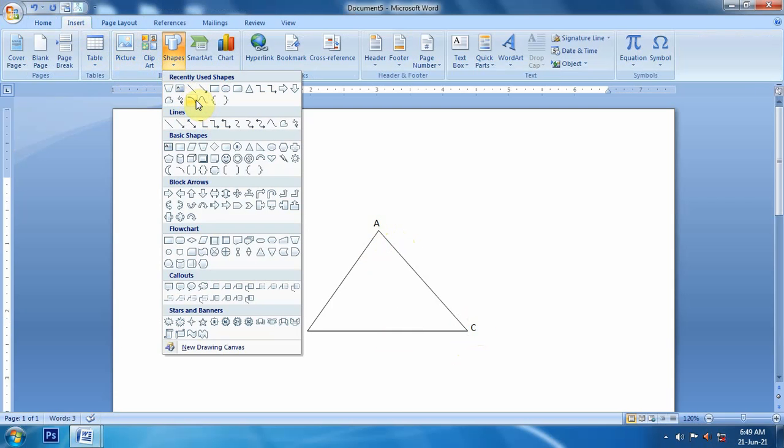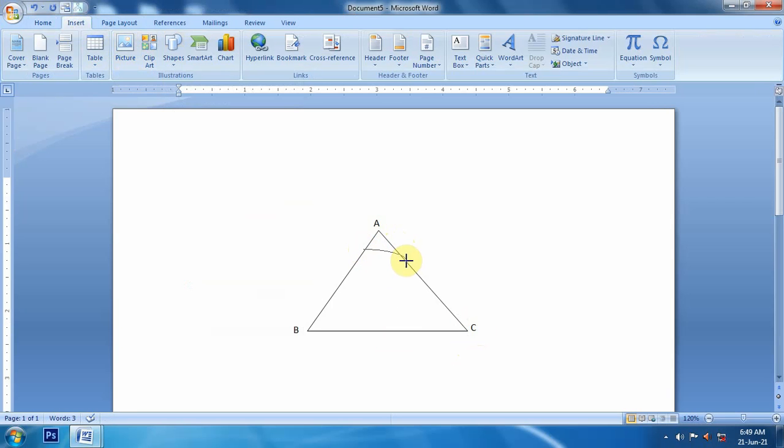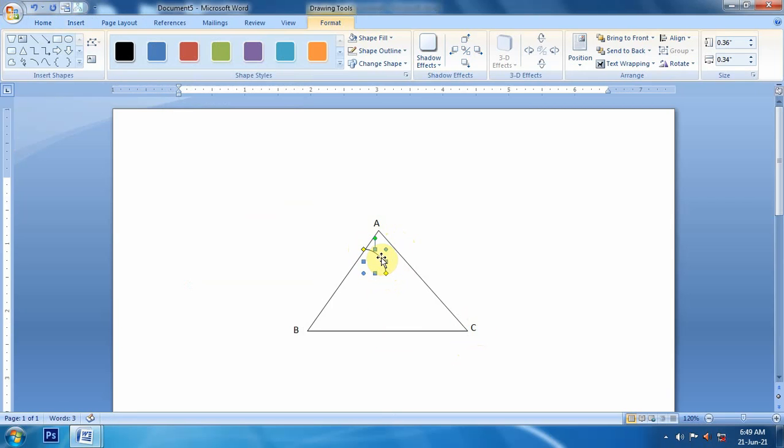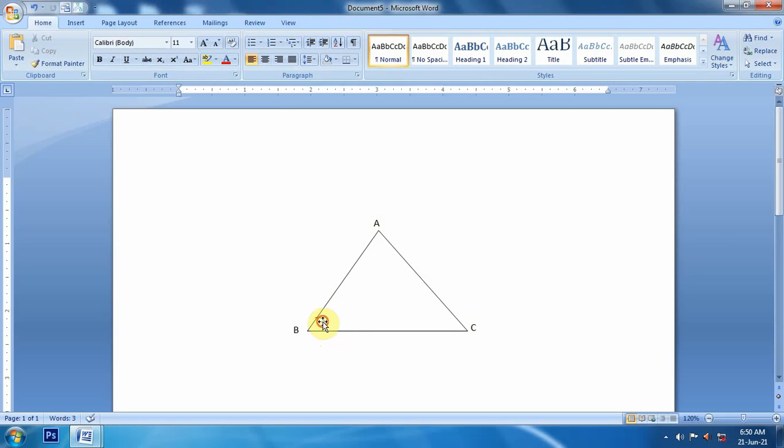So we will take an arc from here and make an angle like this.